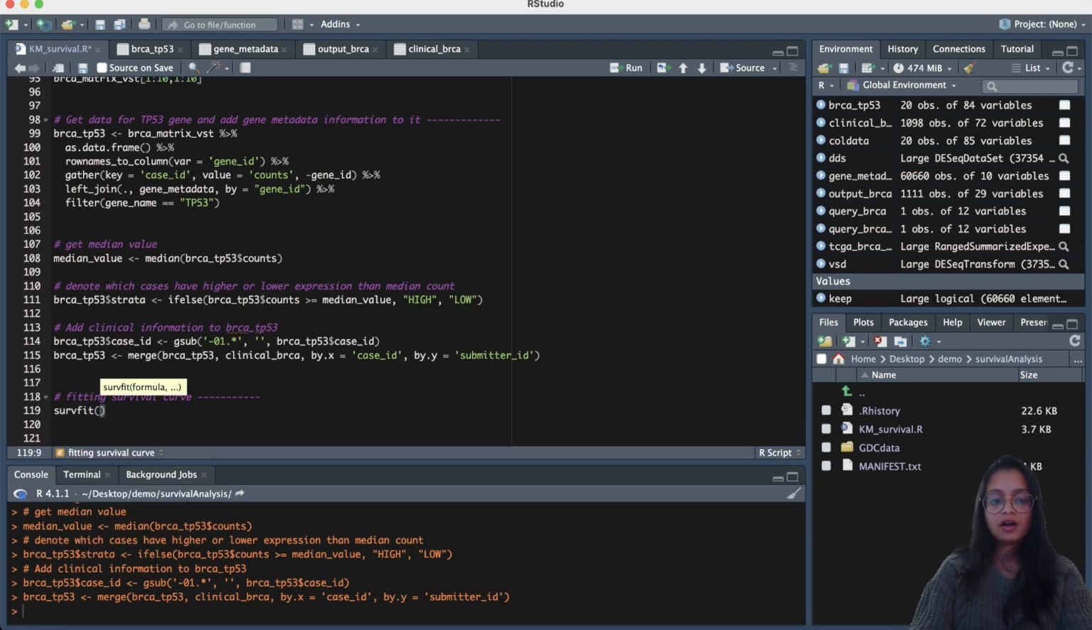And the first parameter that it takes is the survival object, which can be created using the surv function. The first parameter of the surv function is the overall survival, that is the time. And the second is the status, that is whether a patient is alive or dead. And then with a tilde, we provide the grouping. Here we are interested in comparing between the strata, that is patients having high expression versus low expression. And finally we provide the data, that is